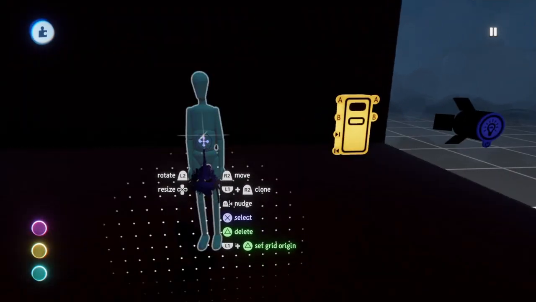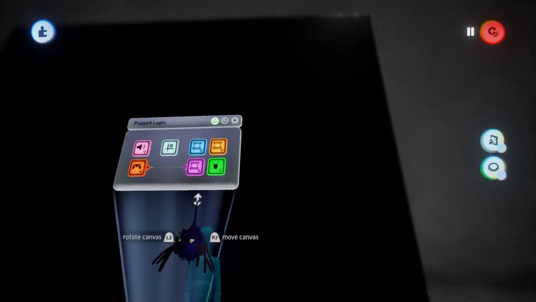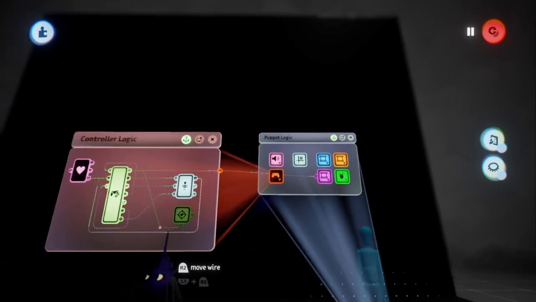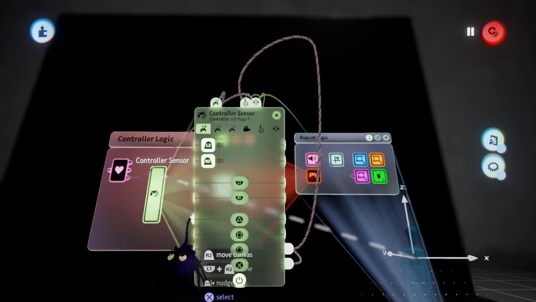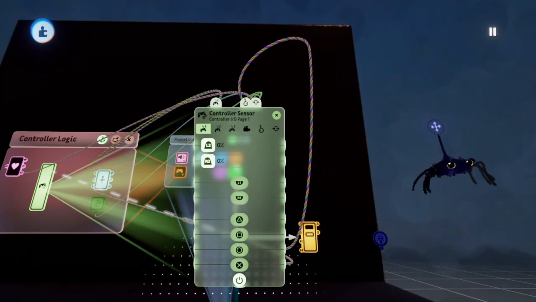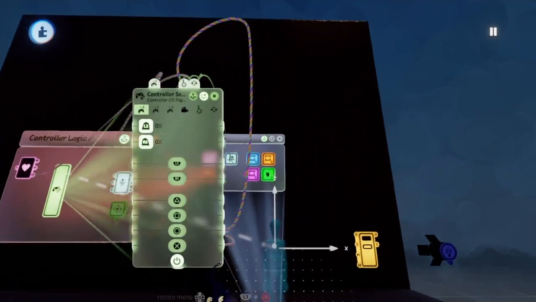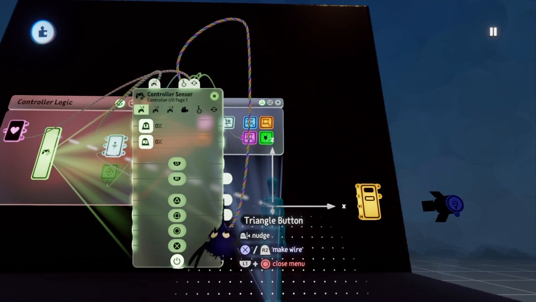So what I'm going to do is I'm going to scope in to my puppet, and I'm going to scope into my puppet logic. And kind of similar to what we did earlier, I'm going to scope into my controller logic, and then scope all the way into my controller sensor, like that. Now I'm actually going to back out a little bit, but I'm going to keep this page up. And now just what we did earlier, we're going to use triangle again. I'm going to connect my triangle button